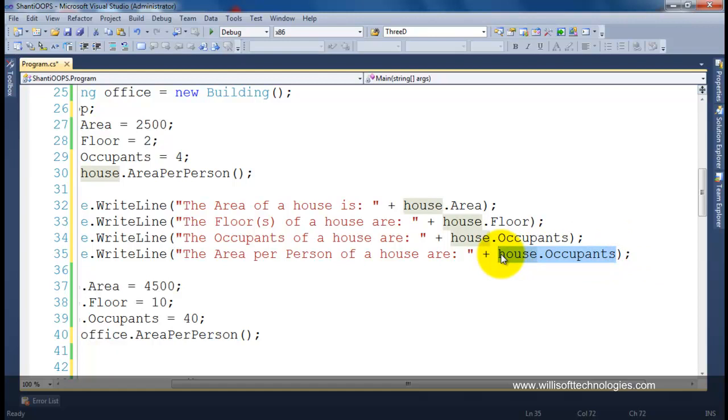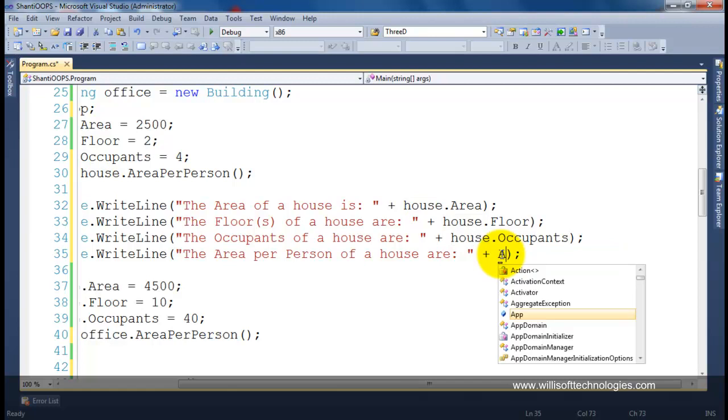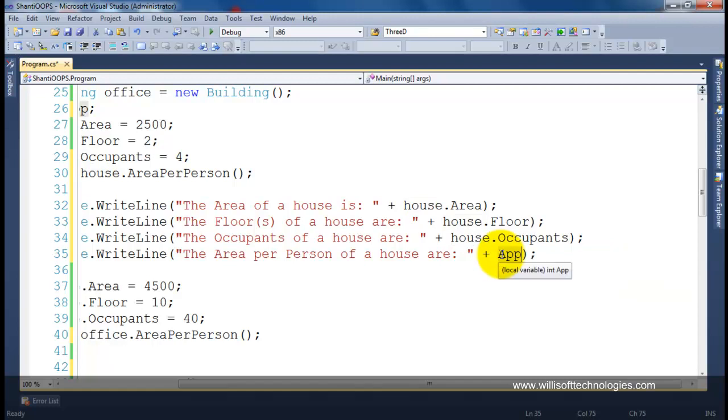When we write something between the strings, there is no use of IntelliSense. Okay. So here we will write app. That's it. Okay. And now again,